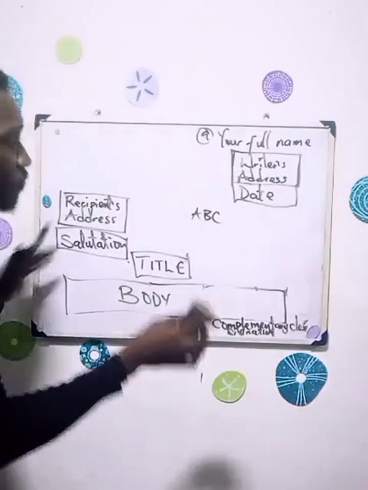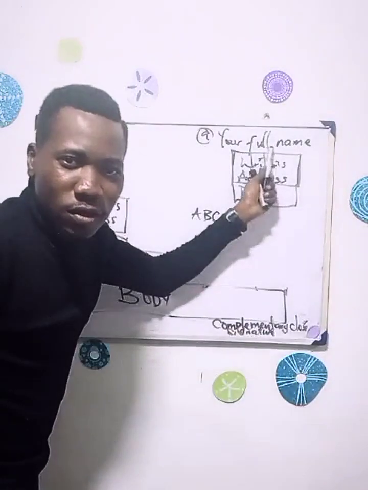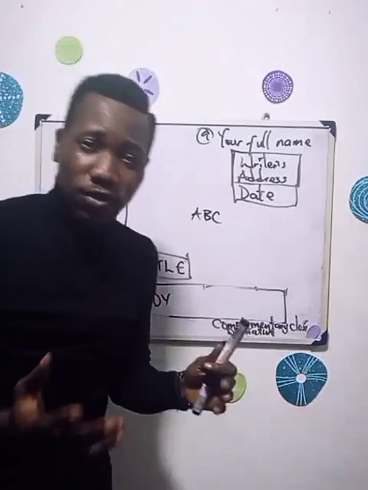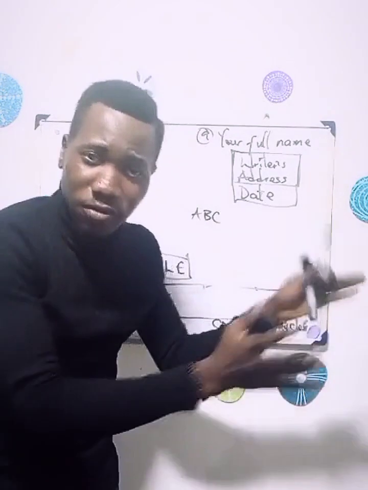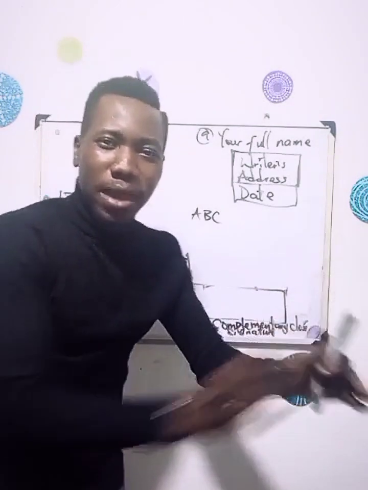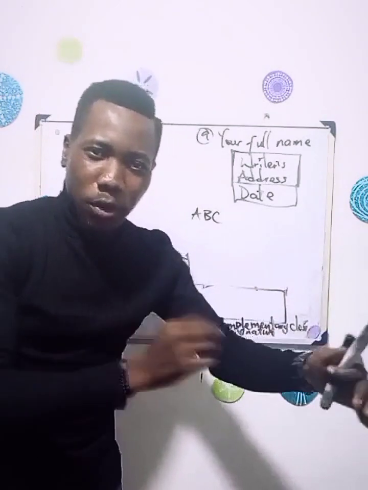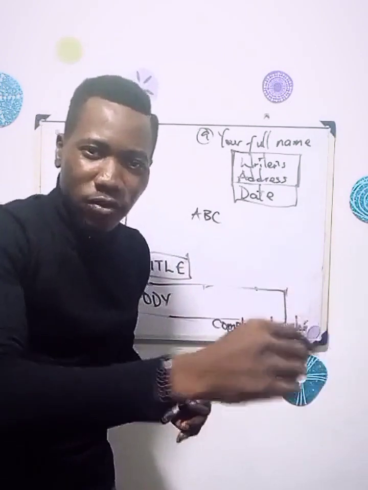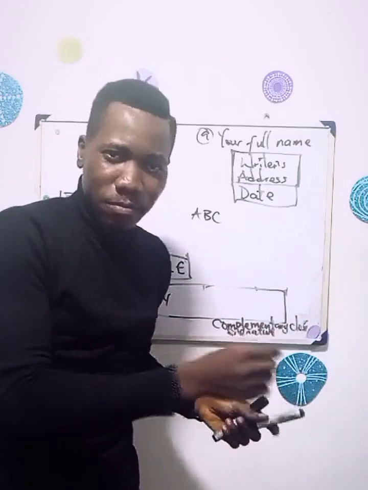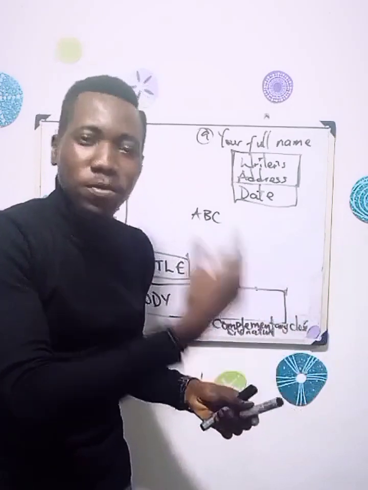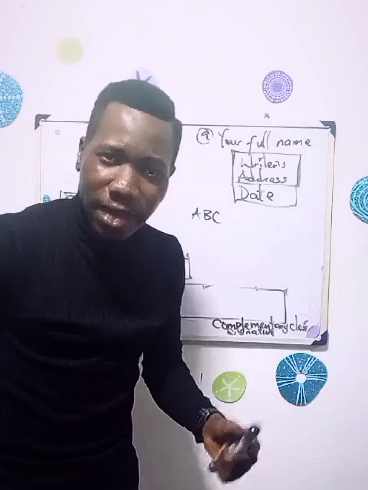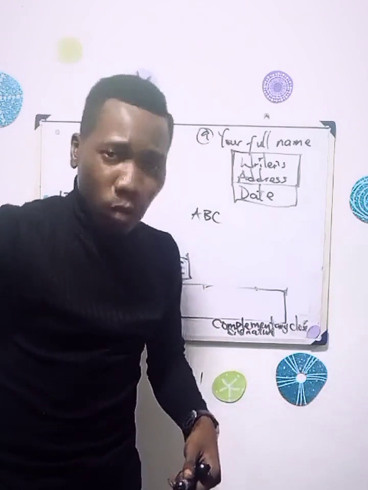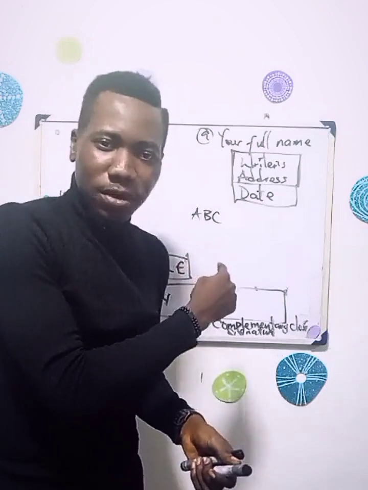Let's start. In every writing, the first thing you want to do is plan your writing. Planning means you're going to have an outline, the points you're going to write about. When it comes to letter writing, you want to have your address. Make sure you have the address of the person or the office you're writing to. If you don't have it, go to their website, or check where you saw the advert, because the address is very important.